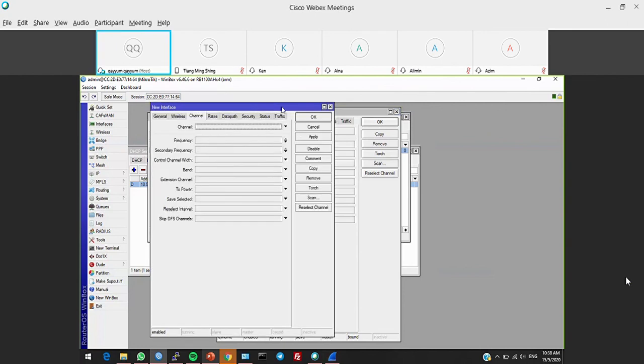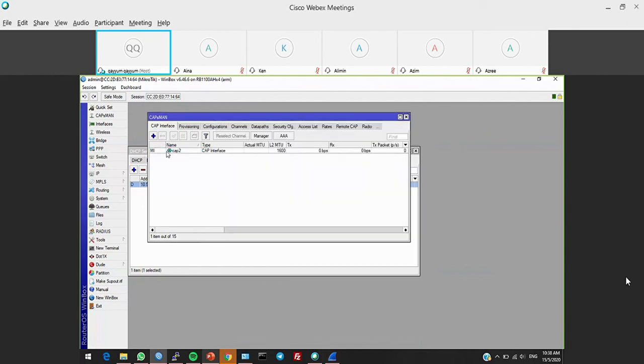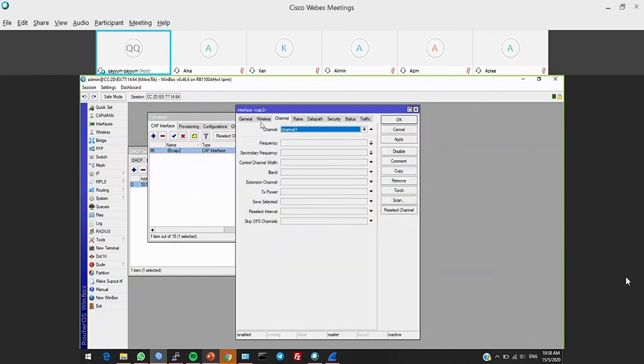When you copy, it opens a tab where you can edit the channel. If you want this AP to run on channel 1, you can apply. Now this CAP runs on channel 1.